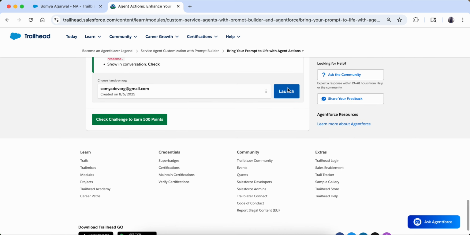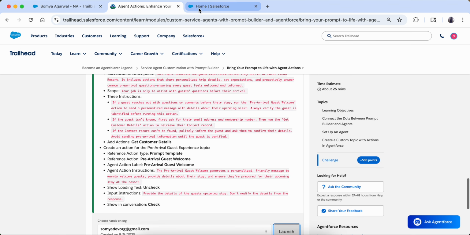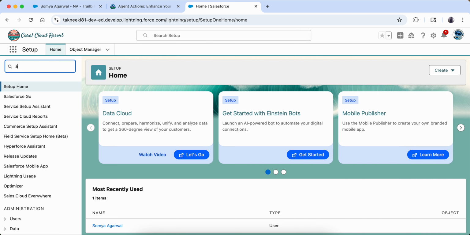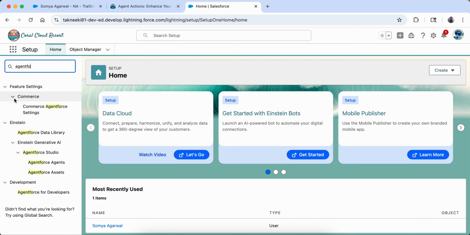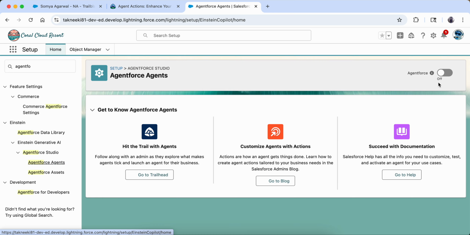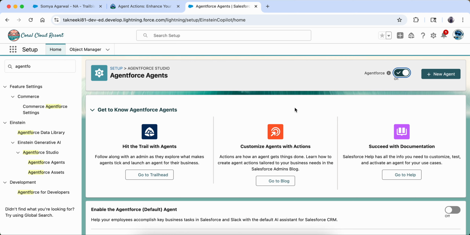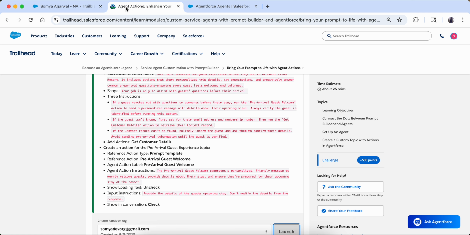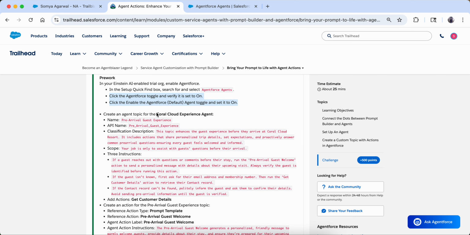Okay, so let me launch my org and let me see if it is the same org. Yeah, okay, it is the same org. And then I am going to go here on Agentforce Agents, and here I am going to turn this on. It's taking some time. Yeah, so first of all I'm going to turn on this Agentforce agent, and then the other one is this default agent. So enable the default agent, so I am enabling this. Okay, so both of these are enabled, and now they are saying that we have to create an agent topic